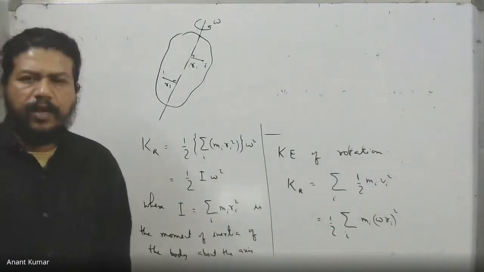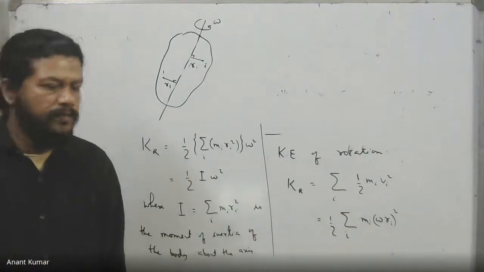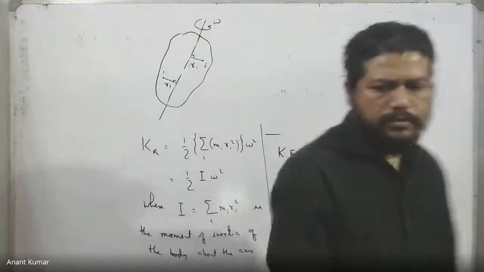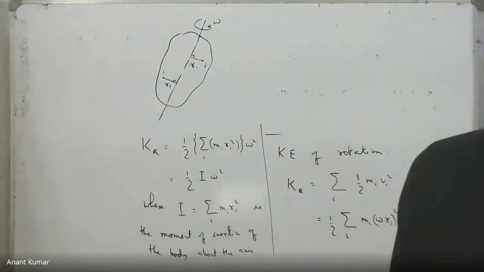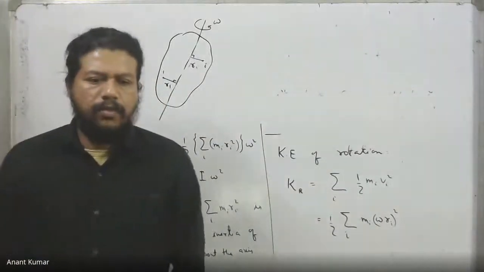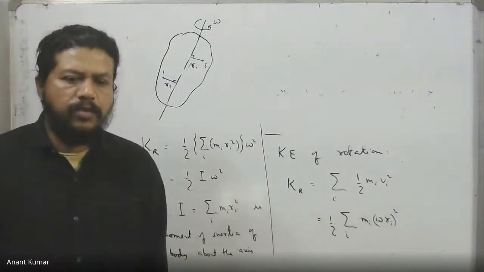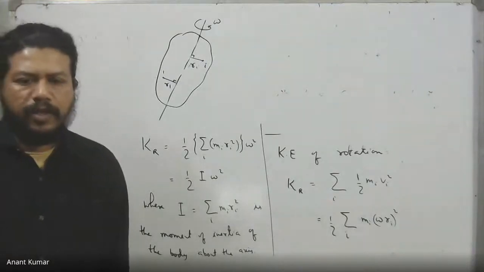So V, just notation actually. I will say V is the speed, in this case not the velocity. And secondly, omega remains the same for all the points of the body. Ri is different, but omega is the same. Last time also I said that omega cross r was representing the velocity of a point, not the entire body. It just was the velocity of a certain point whose position vector was r with respect to the origin. Okay, that's what I said.